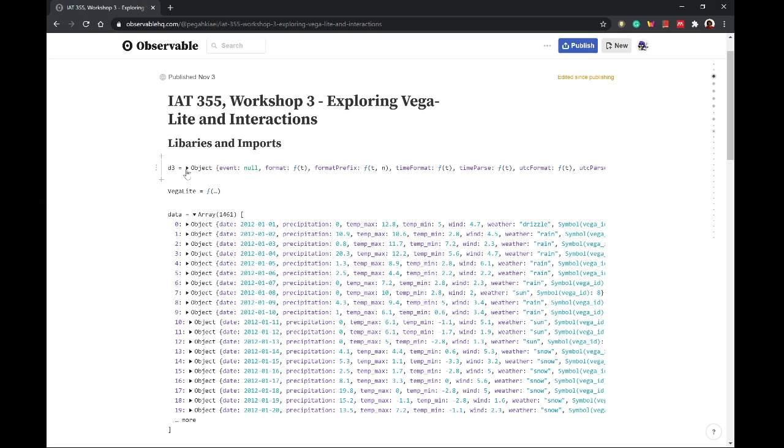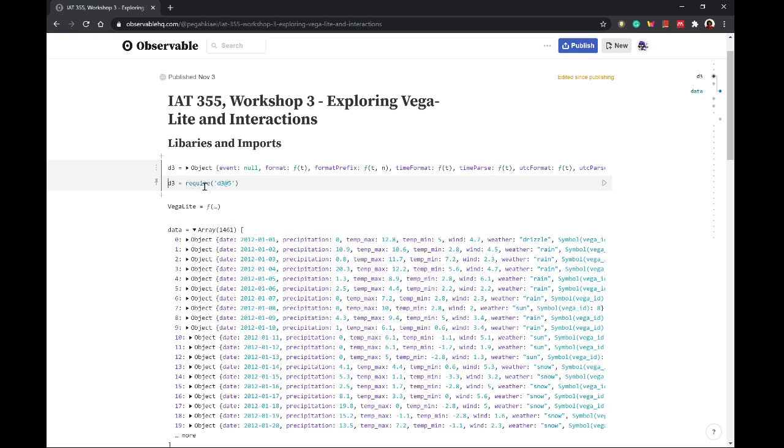Before we begin, I added some libraries and things that I wanted to use in this tutorial at the very beginning. So first of all, we need to definitely import D3 as a library. We used to do that with the require function, and then we need to import Vega-lite. We are using